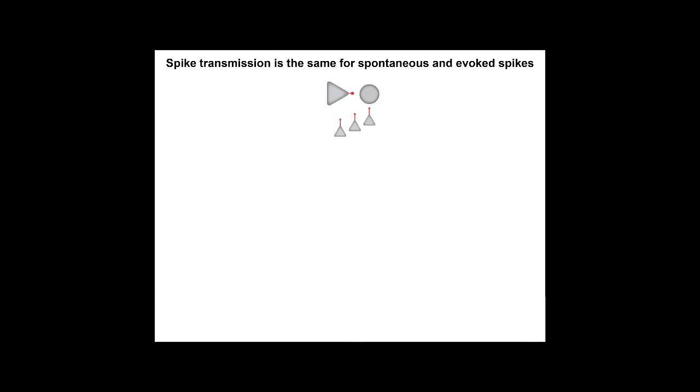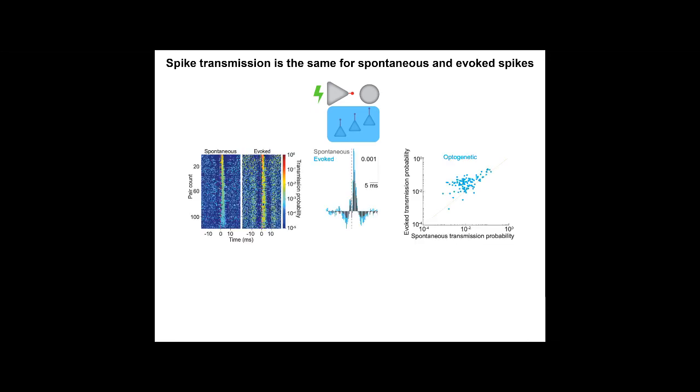So what we wanted to do is compare the spike transmission for spontaneous and evoked spikes. This would be the spontaneous case, and this is the evoked case, where we're evoking spikes at random times. If you look at the middle plot first, these are those CCGs again, but with the baseline subtracted. In gray is the spontaneous cross-correlation. You see there's excess synchrony at a short delay, about a millisecond after the pyramidal cell spikes. This is the interneuron spiking. The evoked pyramidal cell spikes also produce spikes in the interneuron at